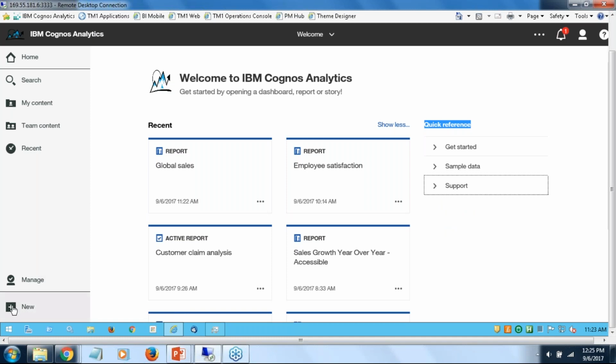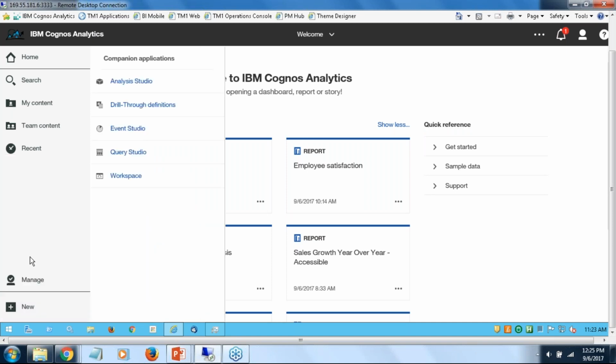So again, with the new option right here, with the reports, the dashboards, the storyboards, data modules, if you're looking for the older legacy tools, there's Query Studio, Workspace, Event Studio. Again, all are still there. Not sure yet as far as the timeline goes, but they're still there if your end users really need to have access to that. Something like Event Studio, I use it a lot, so I could see that sticking around. There are no plans to make any huge changes to it, but the other studios and Workspace, I know rather shortly, those are going to be